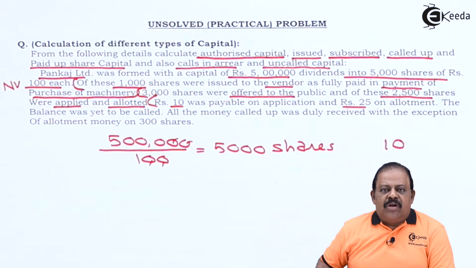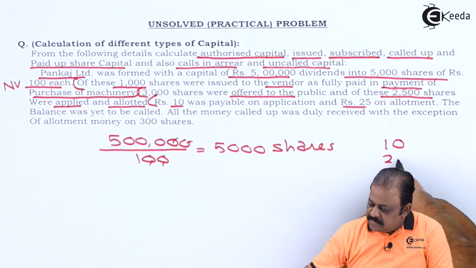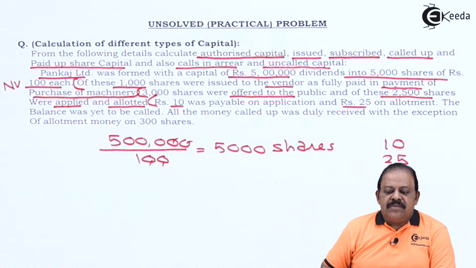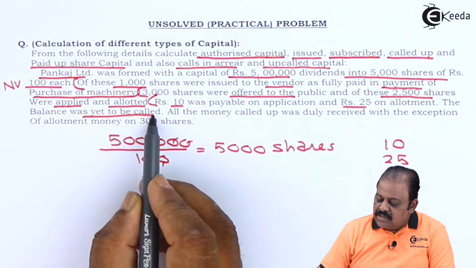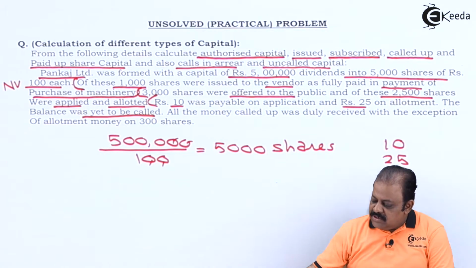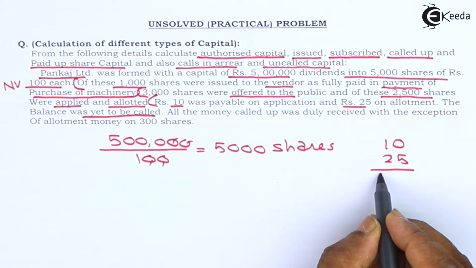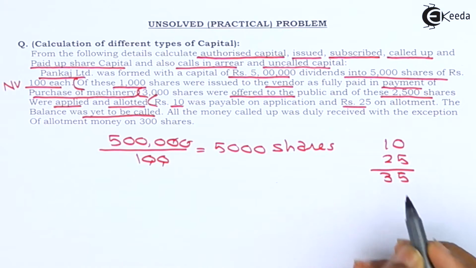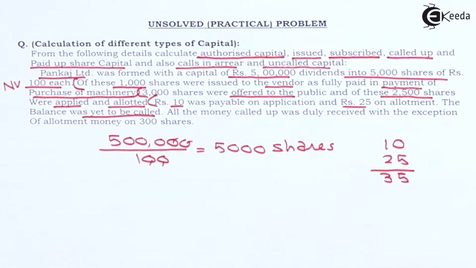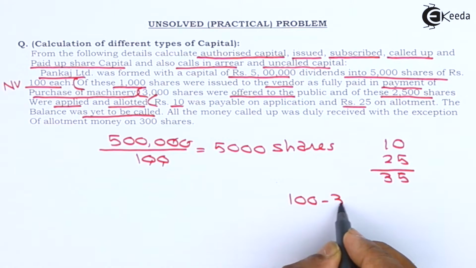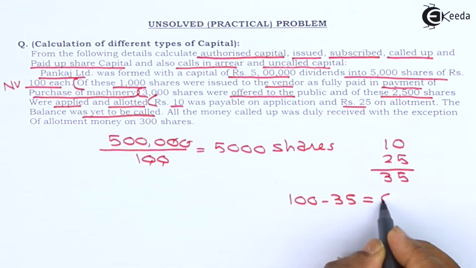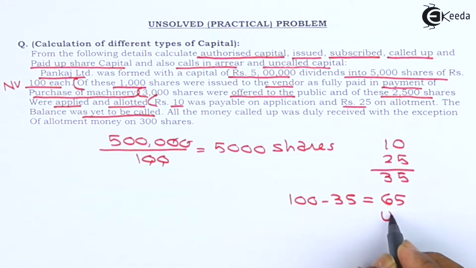Rupees 25 on allotment. Allotment amount. The balance was yet to be called. That is uncalled amount. This total we can take. It is 35. Share is of rupees 100. So 100 minus so far called 35. Balance 65